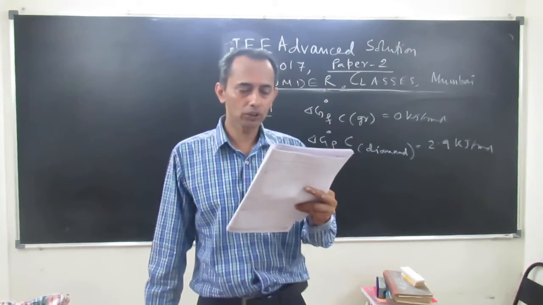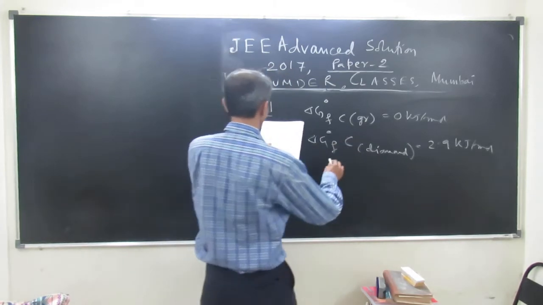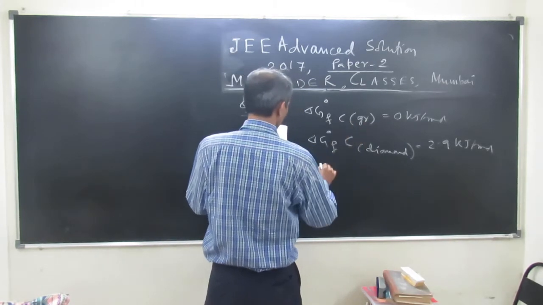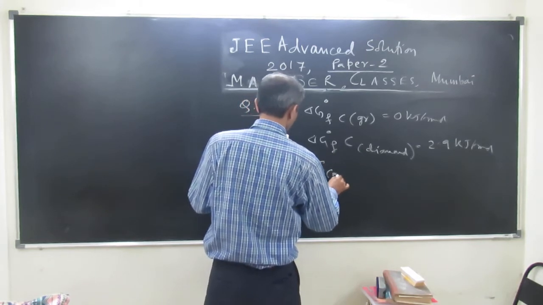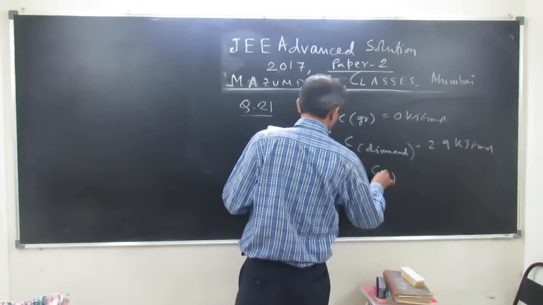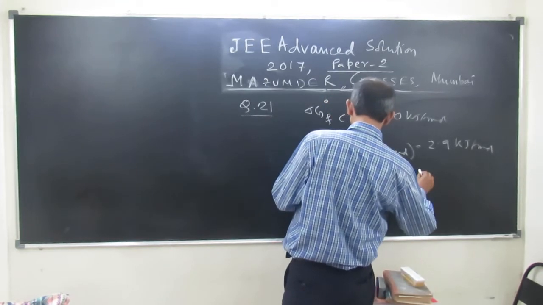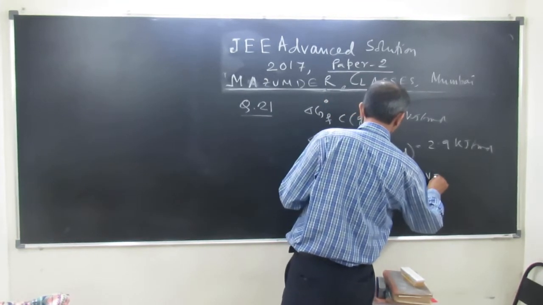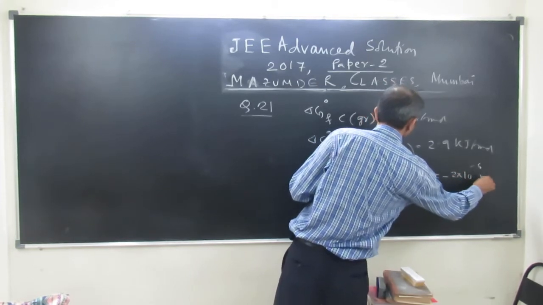The conversion of graphite to diamond reduces volume by 2 into 10 to the minus 6. That means when C graphite is going to C diamond, the volume change reduces. That means delta V basically we are getting is minus 2 into 10 to the power minus 6 meter cube